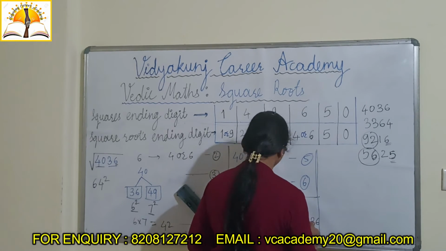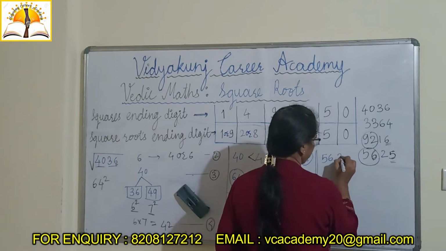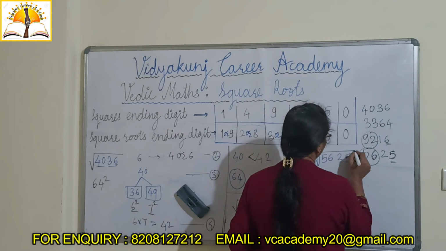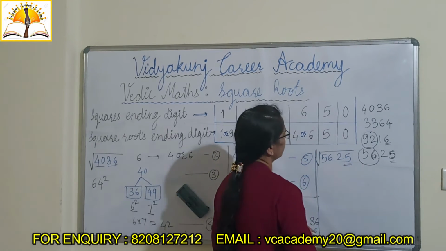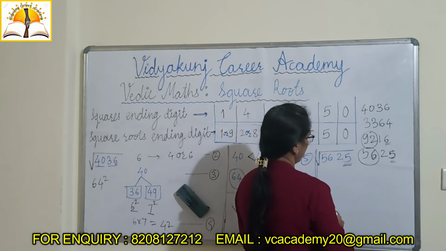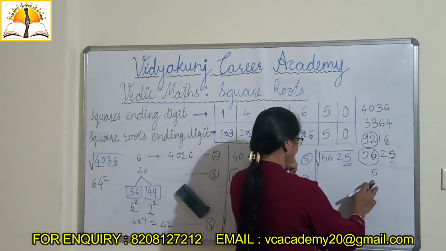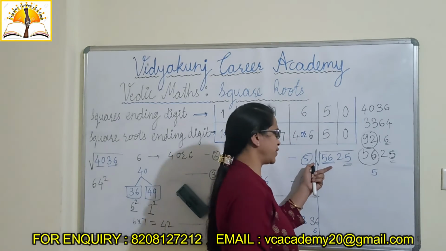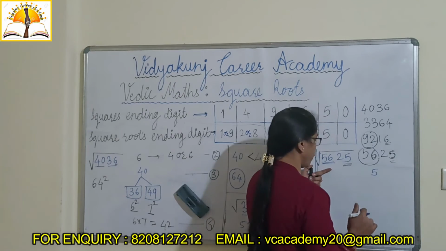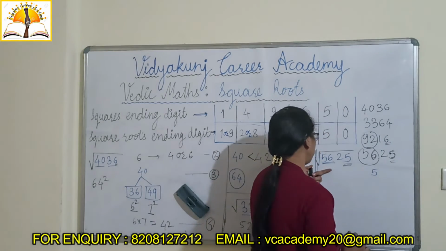One more I will solve here. Which number I have to take here? 56 I will take. Okay. What is here? 5. Yes. 5 number is here. If it is 5, here 5 only. If it is 5 only, and it is not a perfect square, in this case, what we have to do? We have to find out the perfect squares in which between numbers this 56 will fit. That we have to see.